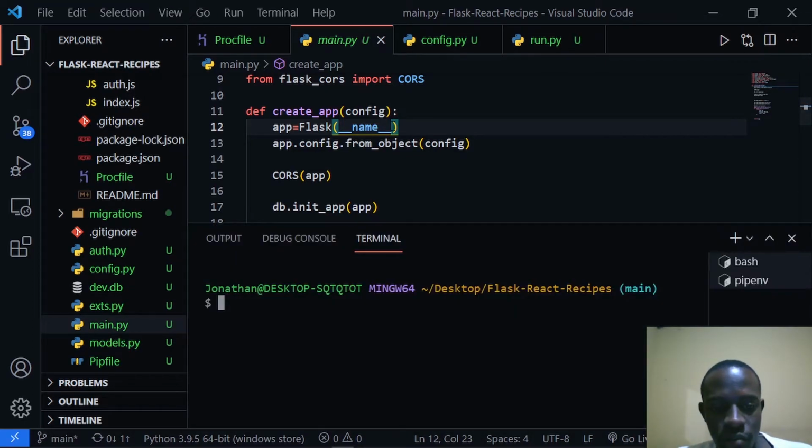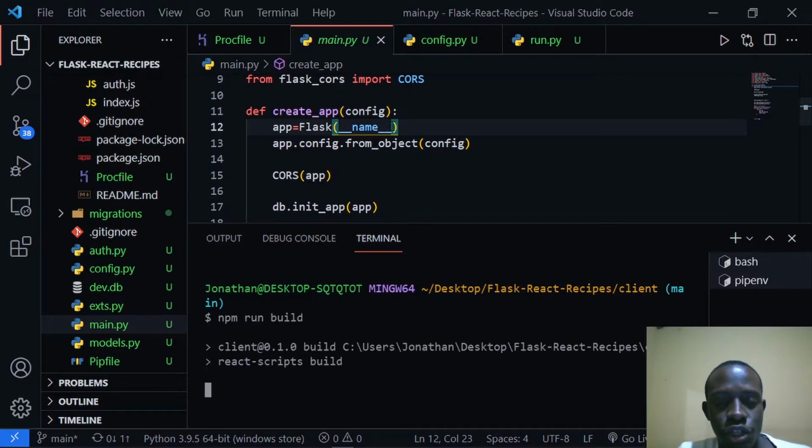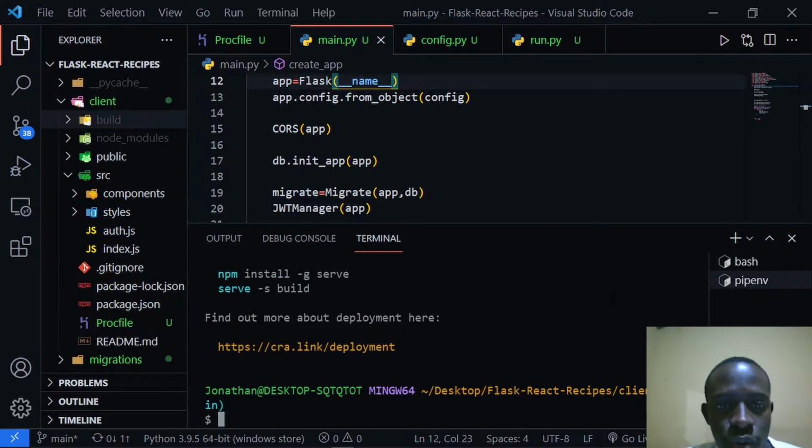Right here, I'm going to come and open the terminal. So I'll cd into our client. So I'm going to go to the client folder. And what I'll do in this case is to say npm run build. So this will build our application and make it in a form that we're going to be able to run in production. So we have successfully built our app and it has created a folder within our client folder,